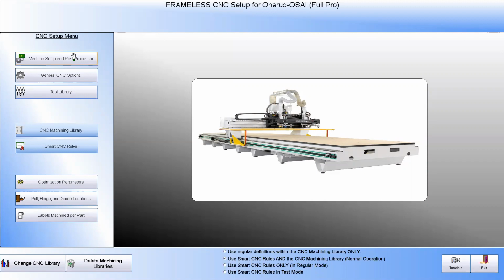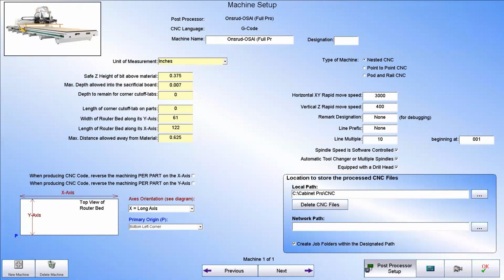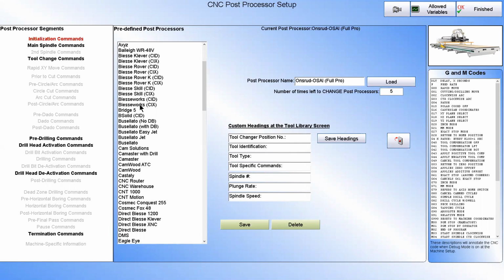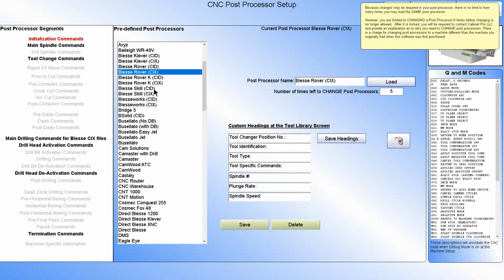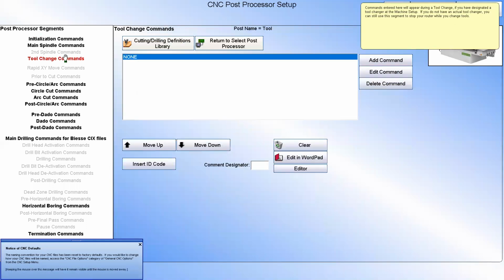Let's go to BSA for just a moment. I'm going to change this from an ONS router to a BSA router, and let's say a CIX or BSA router. So if I load that, now, for a